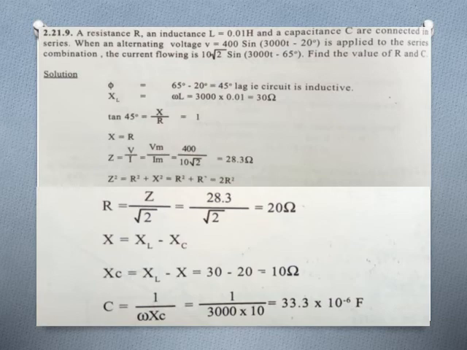Now first you have to check whether the circuit is more inductive in nature or more capacitive in nature. Okay, there is no way to find out XC. XL you can find out, but XC you cannot find out. So with comparing XL and XC, you will not be able to say that. For that, another hint is already given in the question. The voltage and current equations. In the voltage and current equation, you may see the angles. The current is minus 65 degree and the voltage there is minus 20 degree.